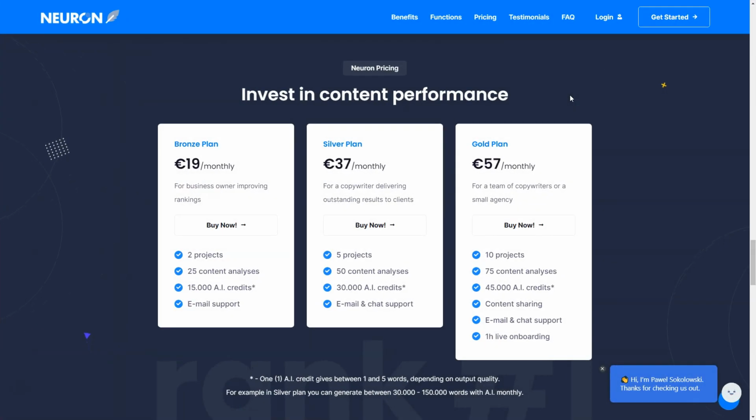Overall, I think that Neuron is a great tool. It's easy to use, and I think that it's a tool that works from the testimonials that I have seen on their Facebook group, as I have shown you a bit earlier on. I think it's a tool that has very good potential, and I think it's going to be a great alternative to the more expensive tools. So if you are a content writer, an affiliate marketer, or an SEO expert, I would suggest you go